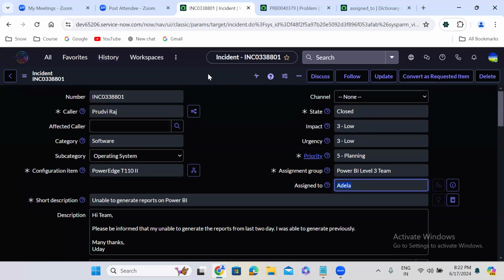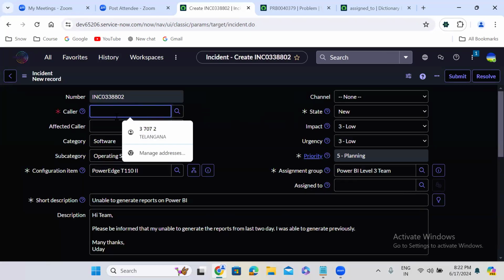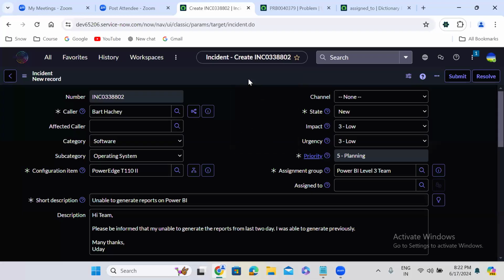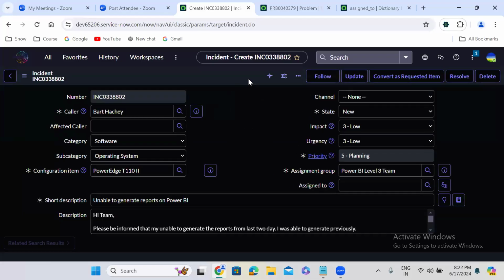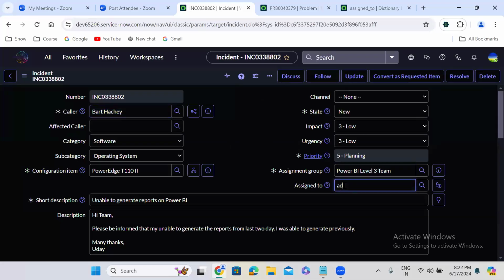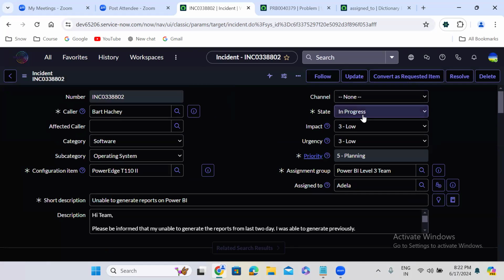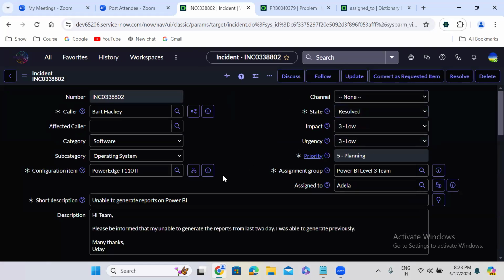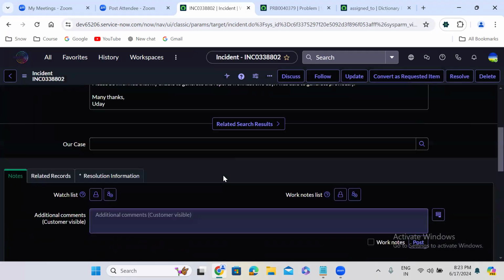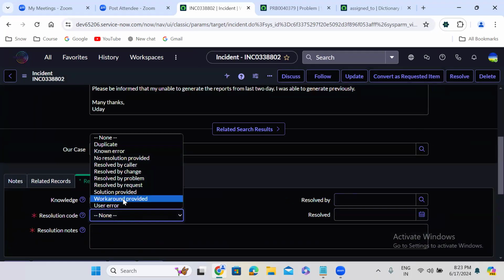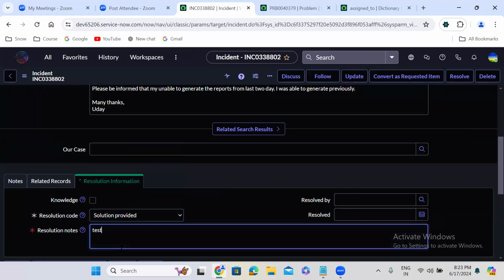Let me create one instance. Let us say Adila has started working on this one and has provided the resolution.